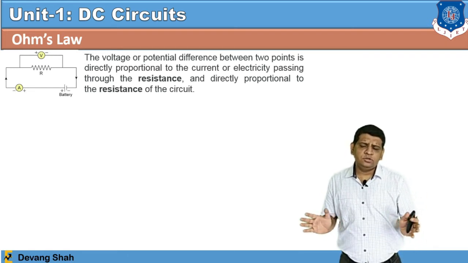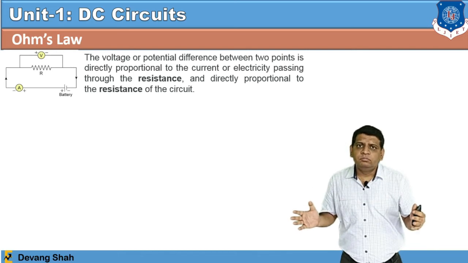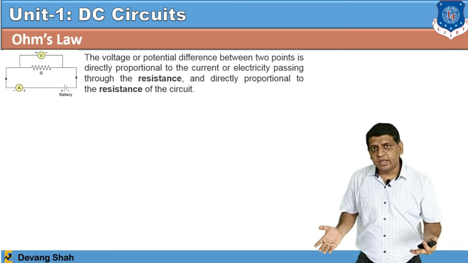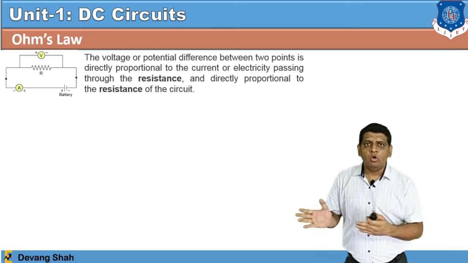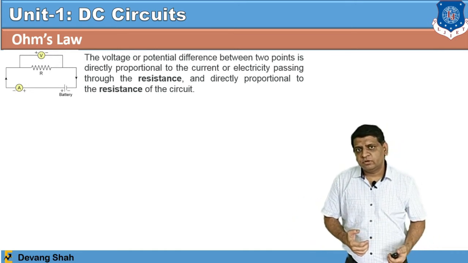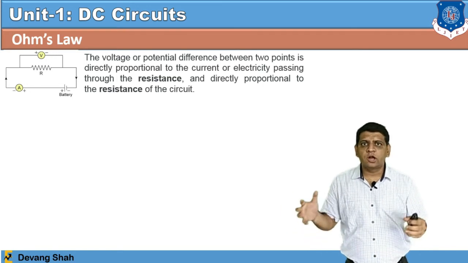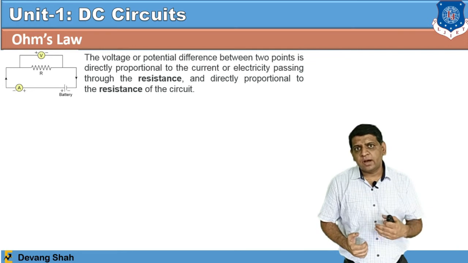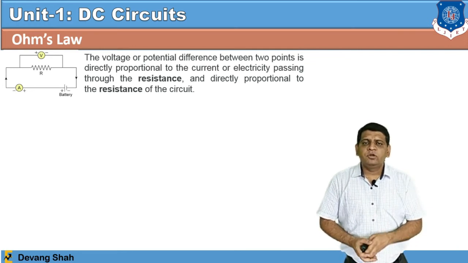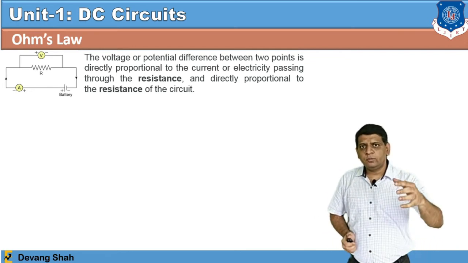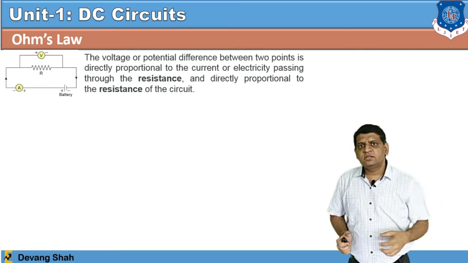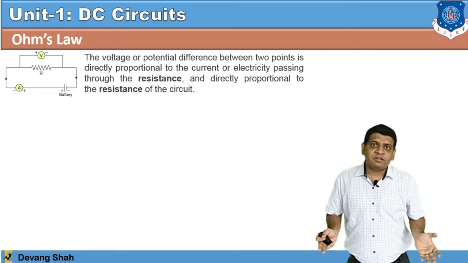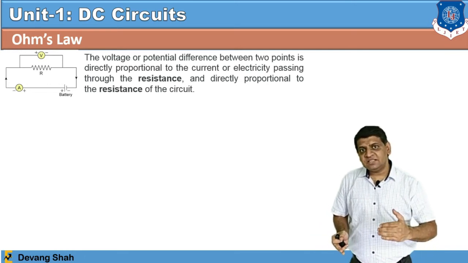Take this as an example: you have a vehicle and every day you are coming from your home to this college. You are coming from some crowded area, then to the highway, and then from the highway you come to LJ. During this process, when you come from a crowded area to the highway, the path is much more uneven, or maybe there is traffic in between. So the resistance is high.